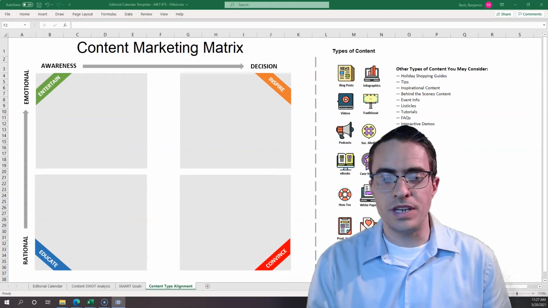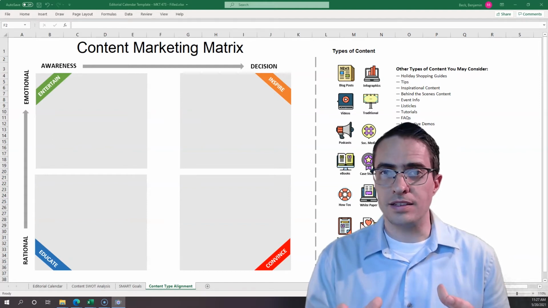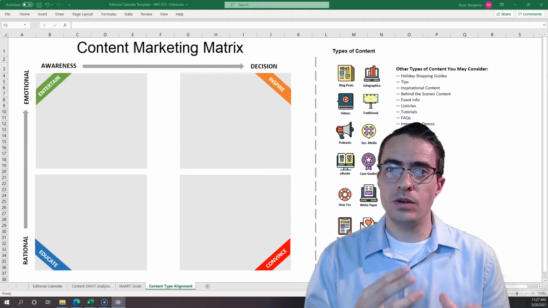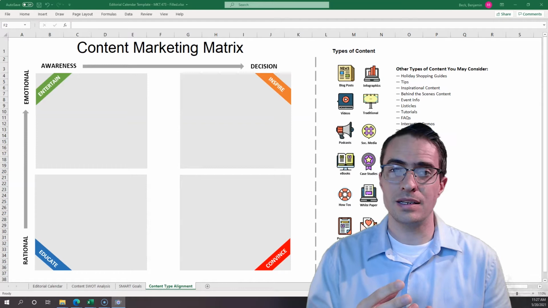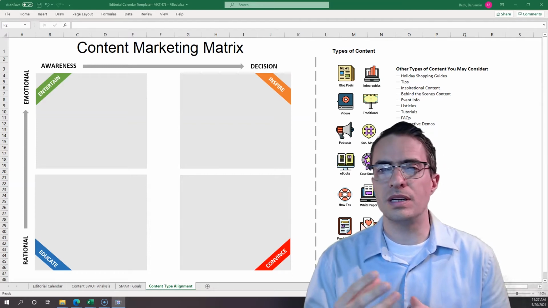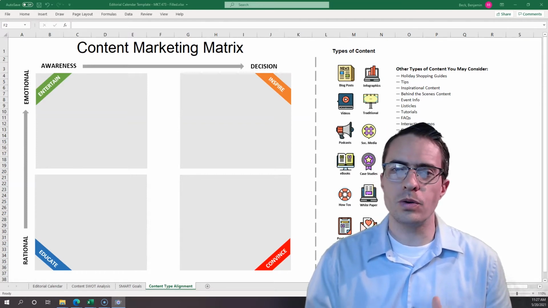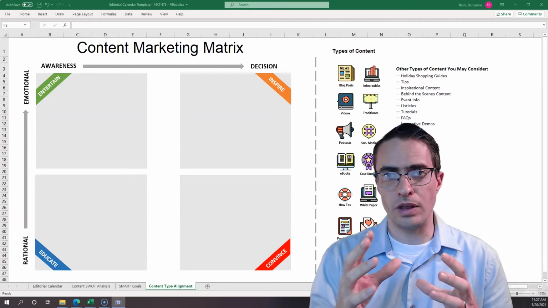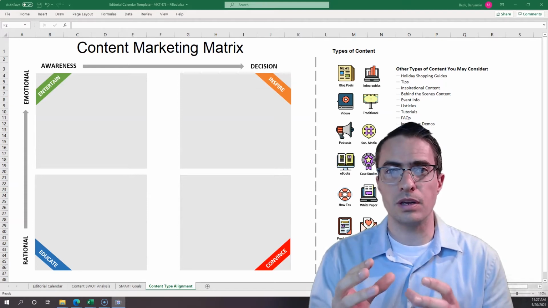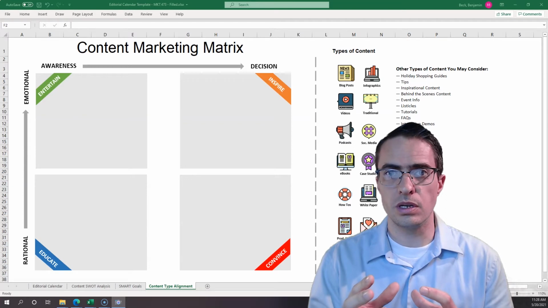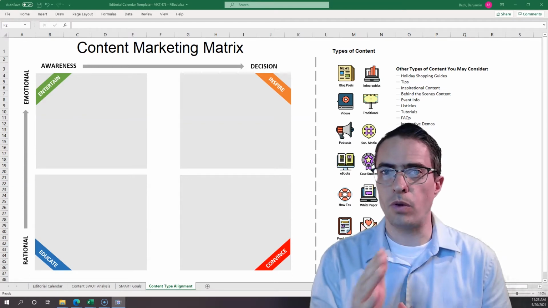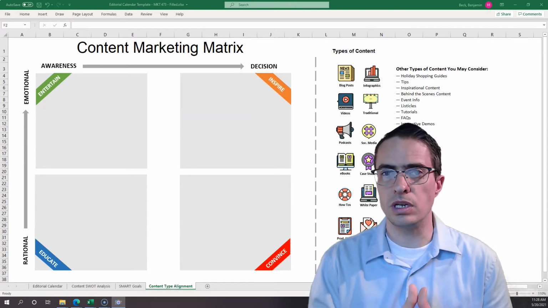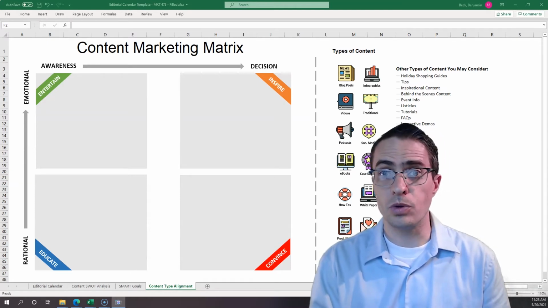In the previous two stages, you've created a SWOT analysis, looking at where you or your firm or your content marketing is doing well, where it's not, some opportunities for improvement, and some threats. And then you've taken the learnings there and applied them to some specific, very measurable goals that you hope will drive some key performance indicators, some marketing measures